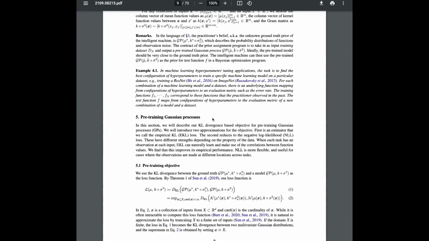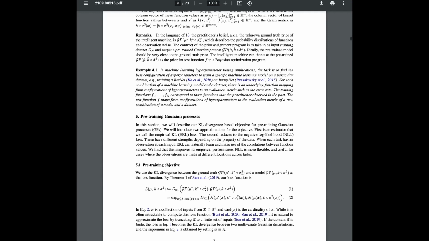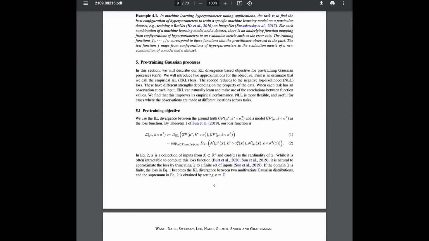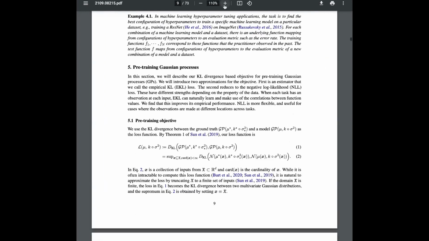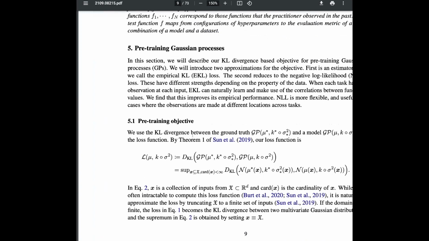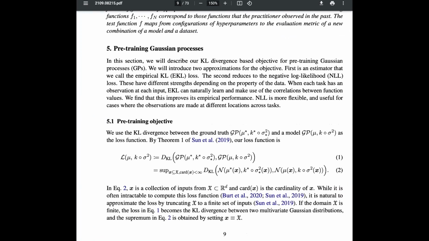Okay, KL divergence. Okay, here it is. So we are formulating it as the KL divergence between, let me make it larger, between the ground truth Gaussian process, which obviously we don't have access to. But we're just trying to think about what the underlying problem is. So the optimization problem is then over